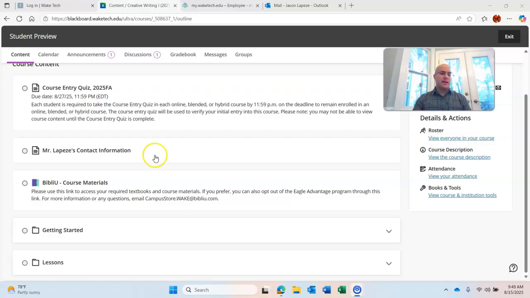The other two things in Blackboard that I think you want to look at soon are the Getting Started and the Lessons links. So Getting Started has everything you need to get started this first couple days of the semester. It has the course syllabus and outline. It has policies and procedures about how to communicate with each other, communicate with me, uploading documents. All of that stuff is in Getting Started. So basic, how to get running in the class information.